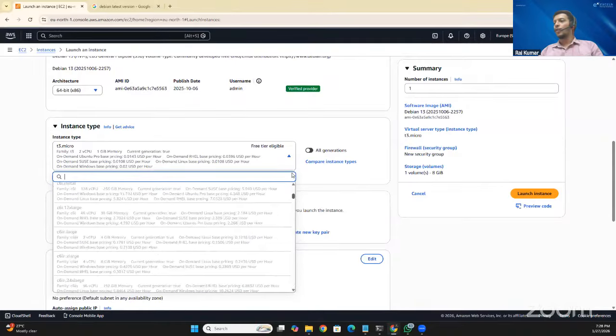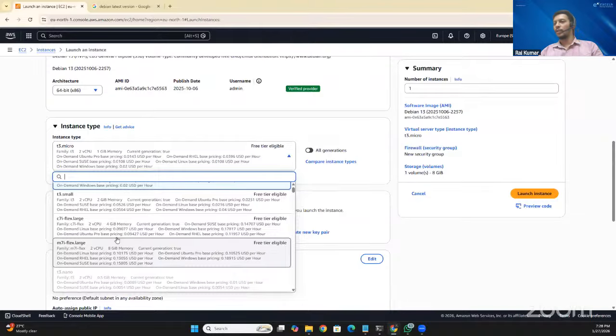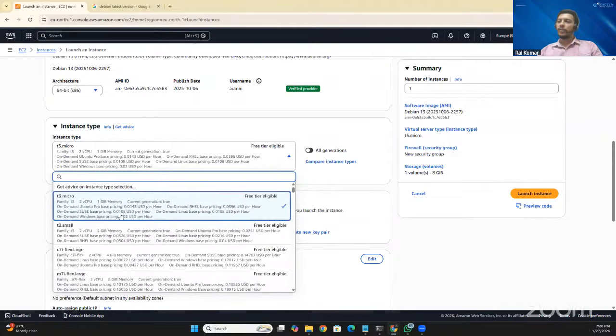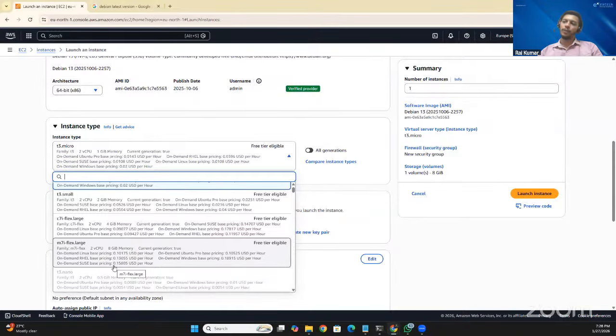Okay, fine. For now, they just changed all the versions. Only the free version is eligible for usage. Okay, fine. So here you see that up to 8 GB of memory, you can use it for free for some period of time, not for the complete. For some period of time, you can use this 8 GB, or else you can select